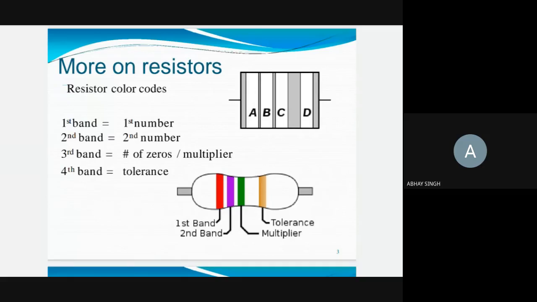If there is more error, it will be a very high tolerance, maybe plus or minus 5%. That means if I say a resistance has 100 ohm and there is 5% tolerance, it can vary from 105 ohm to 95 ohm, right? 100 plus or minus 5. That is the tolerance. Okay, you should know this basic thing. So A, B, C, and D are color bands. This is easier for the designer, rather than printing something on the resistor, where there are high chances that it may get corroded or diluted. So color coding is the best way.